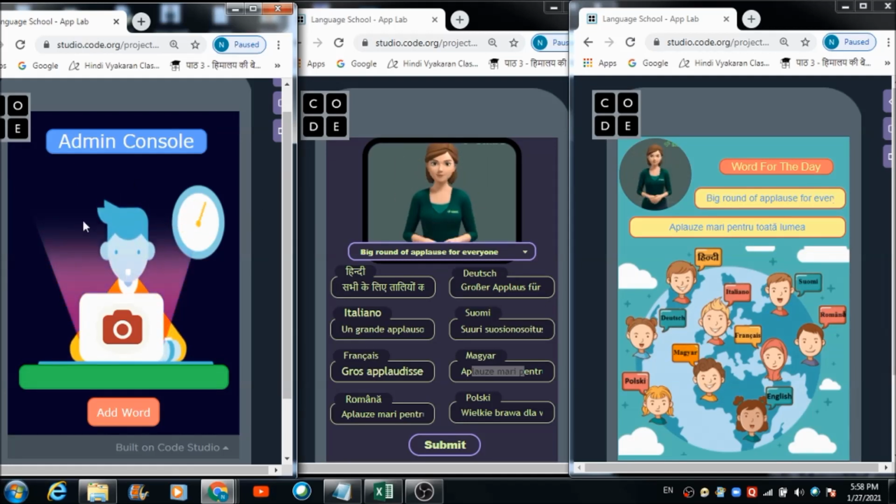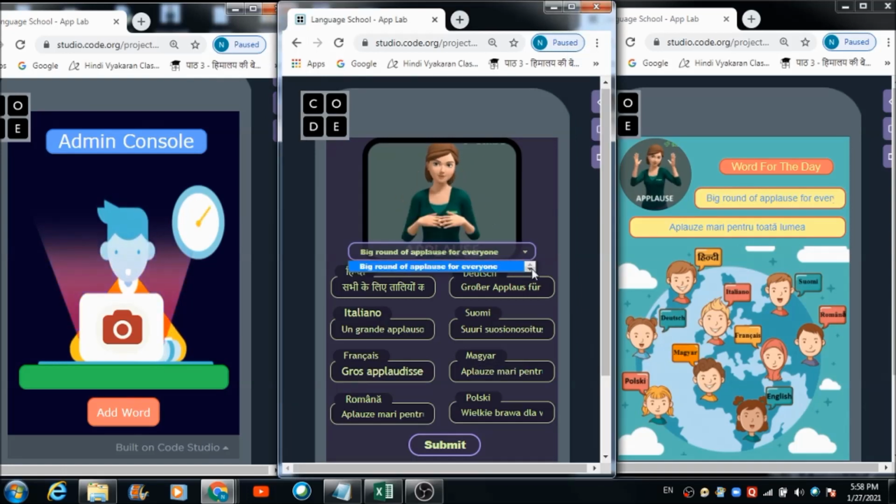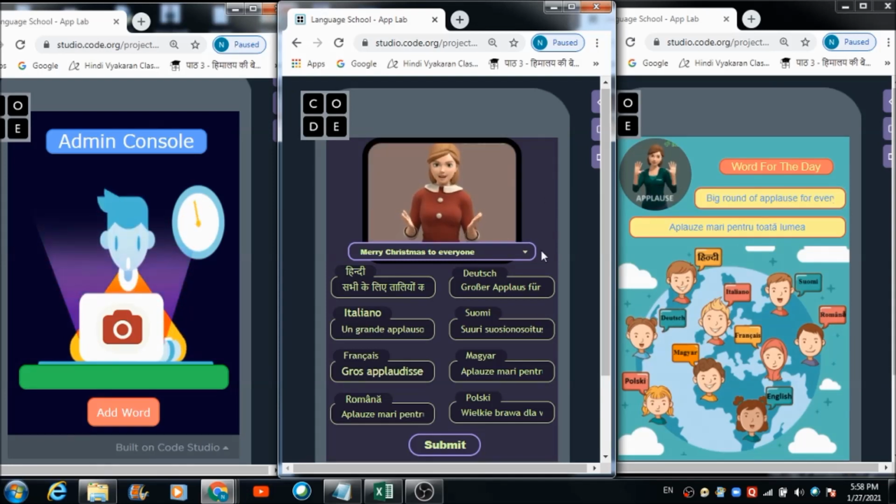Fine, so this sentence has been added successfully to the table present on the data browser connected to the app. Now for accessing that sentence on this teacher's panel, she needs to hit this drop down again, and you can see the drop down has got updated with the recently added sentence. After this, we need to hit this screen, and the image is going to change like this. Fine. So this is the sign convention for Merry Christmas to everyone, and this is the sign language which this teacher is using over here.